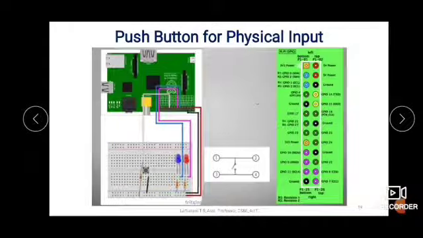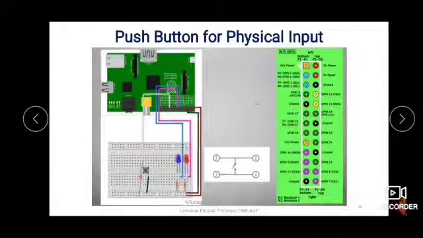Okay, then the next program is to introduce a push button into the Raspberry Pi and then make use of the push button to make the LEDs glow and turn off.